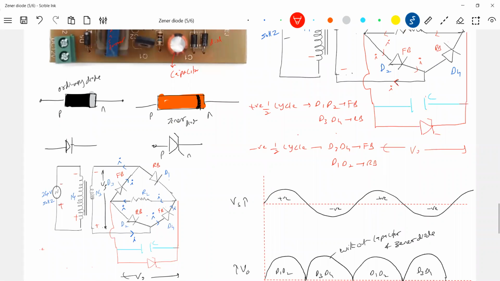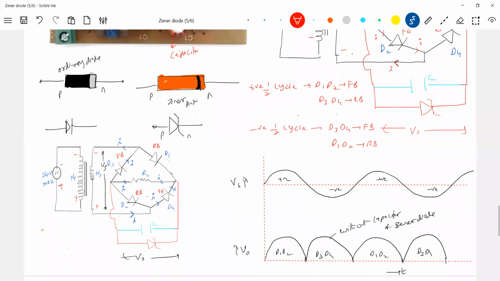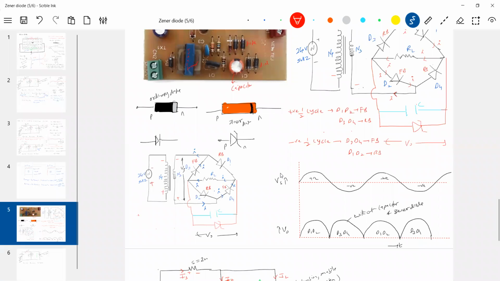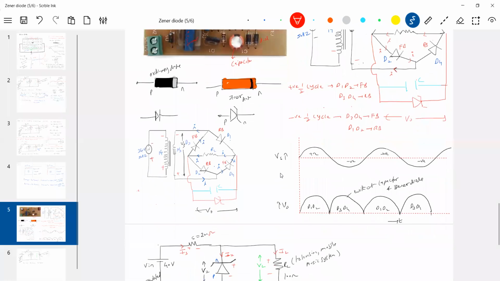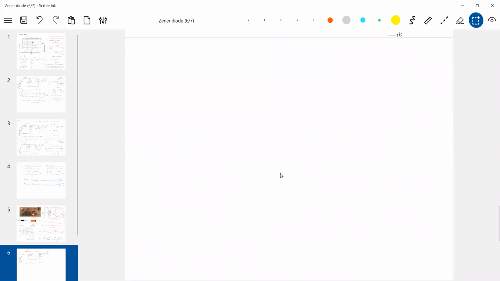Completed. So this is about the bridge circuit. It's not there in discussion, but can be asked. Nothing big there. I'll go for the next. We'll take the numericals. Again, the numerical is just based on the basic idea, nothing big. So let me plot, let me go for it.